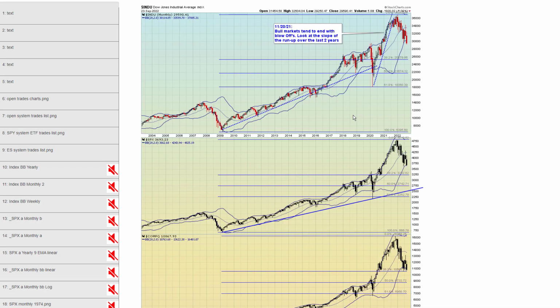Next. Chart 11 shows a monthly view of the 5 key major indexes with simple Bollinger Bands. Again, you can see my comments here warning this late last year in November 2021. I talked about this steep uptrend being a blow-off, and that it was unsustainable. I mean, these charts really give you a good guide.